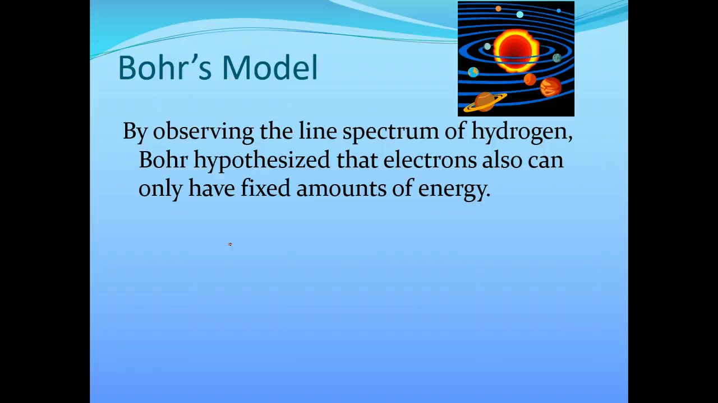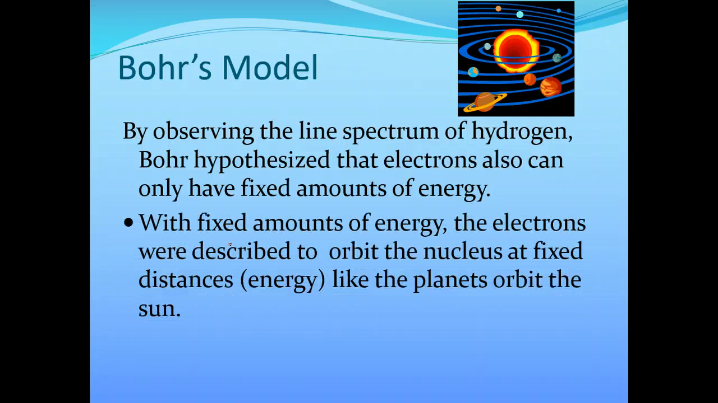And the idea of a quantum of energy, or a fixed or finite amount of energy, came from Max Planck, and Bohr was basically applying his idea to why this line spectrum could always be observed from every element and always be unique. And so Bohr hypothesized that electrons can only have fixed amounts of energy. With fixed amounts of energy, the electrons are then orbiting the nucleus at fixed distances or fixed energies, like the